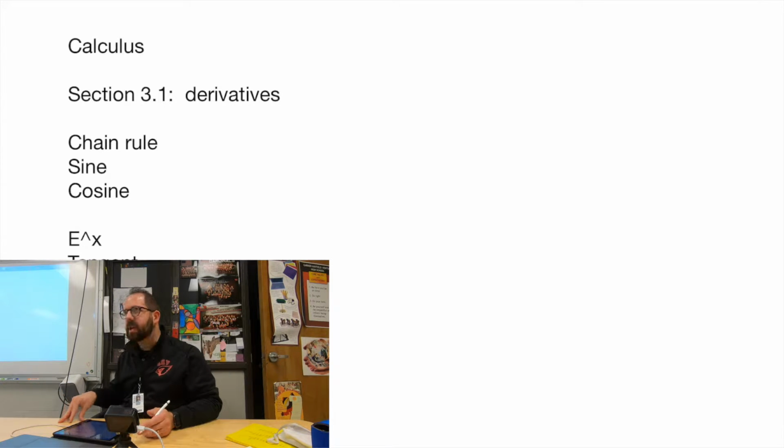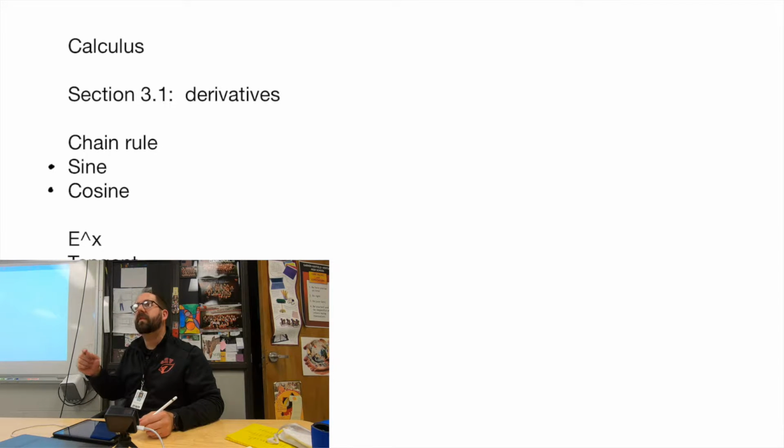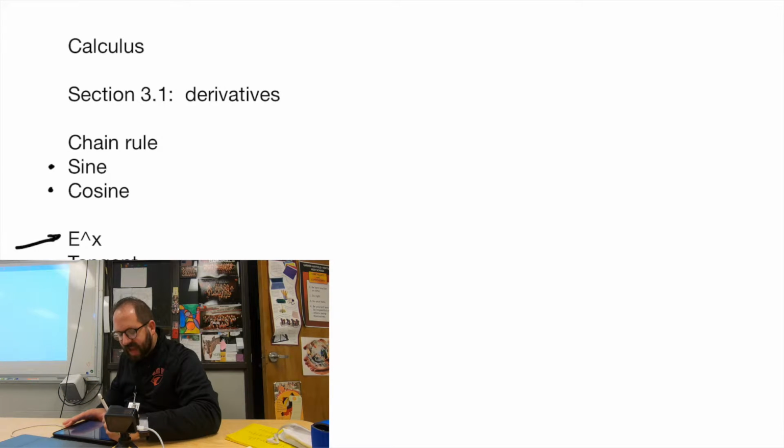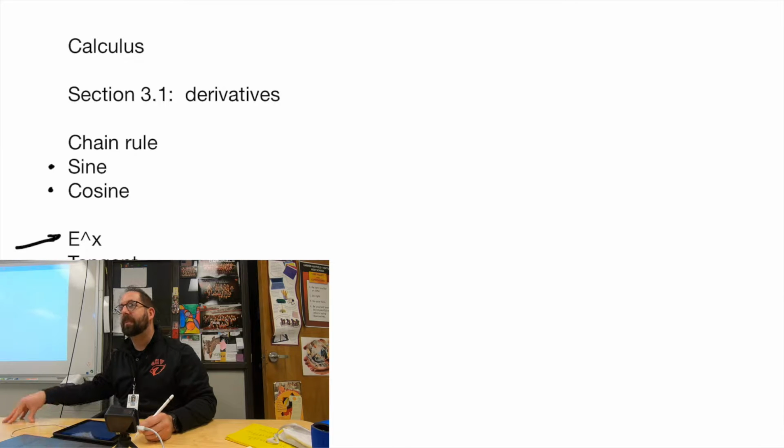Today's goal is to continue on. This is something I brought up yesterday. We talked about sine and cosine yesterday. We talked about how the derivative of that turns out the way that it does when you look at the picture. We're going to look at the same exact reasoning for these two. We're going to look at e to the x and tangent today. And then at the very end of tangent, we'll do an example of tangent where you have to do it